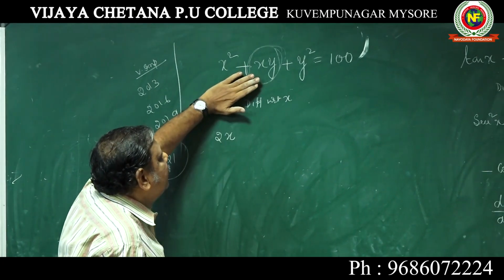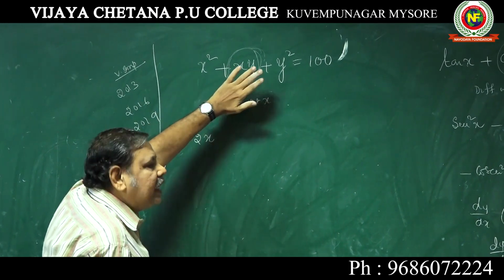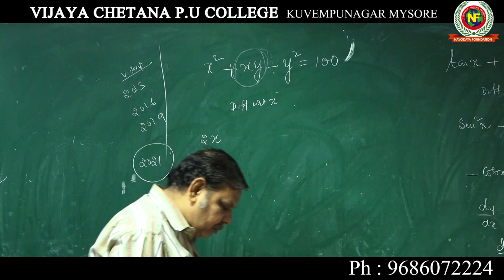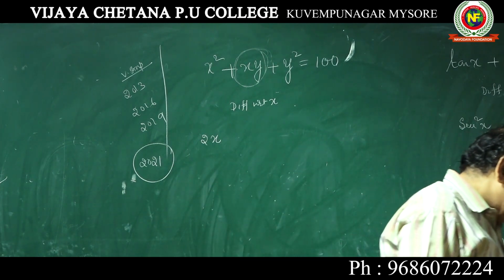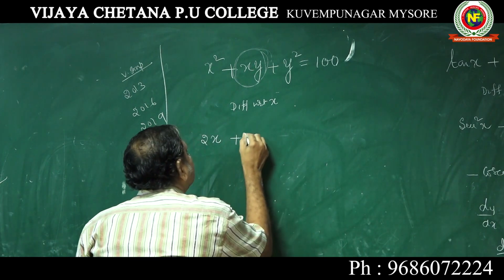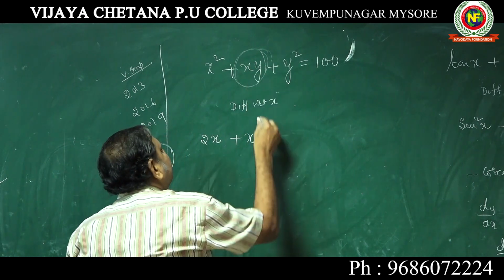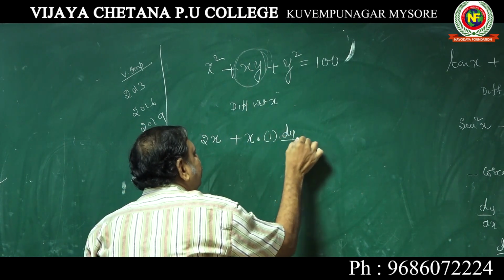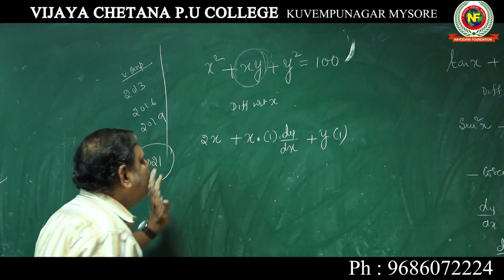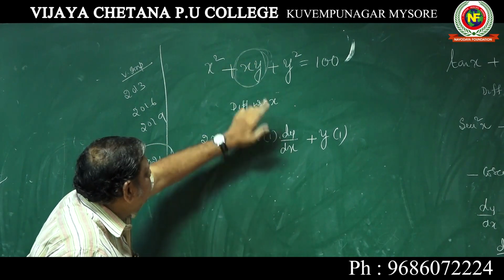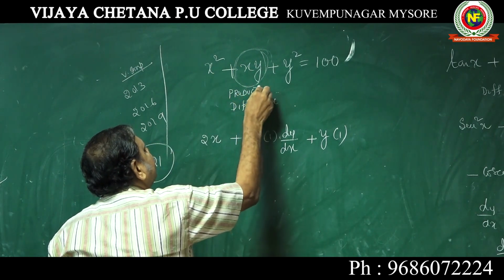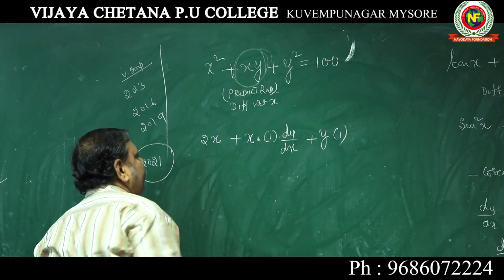Now, this is very important when you are differentiating this particular thing. You have to use the product rule. This is one function, this is another function, so you have to use the product rule, the uv rule. d by dx of uv is equal to u into dv by dx plus v into du by dx. So it is x into dy by dx, plus y into 1. All of you understood? x into dy by dx plus y into 1. You can note down somewhere, you have to use the product rule here. Then plus